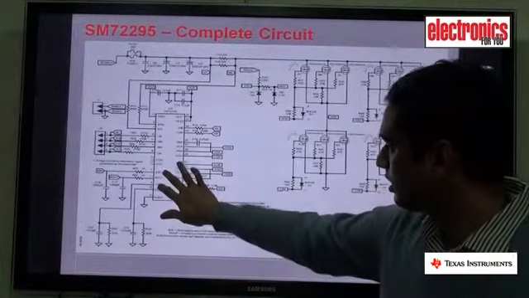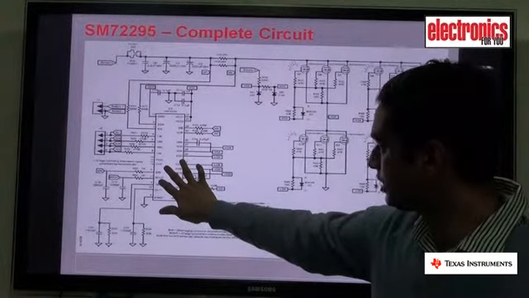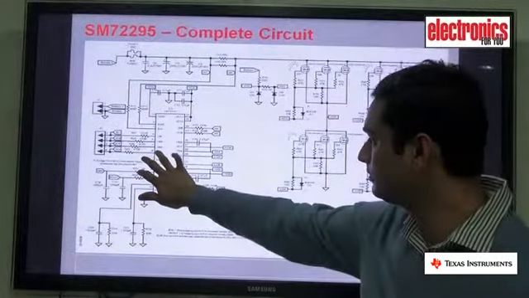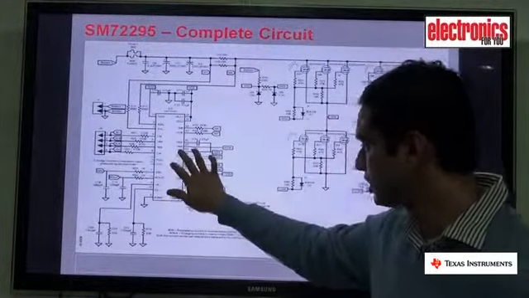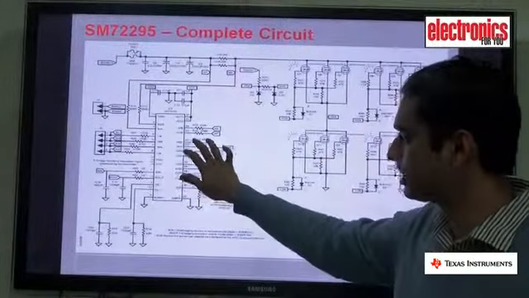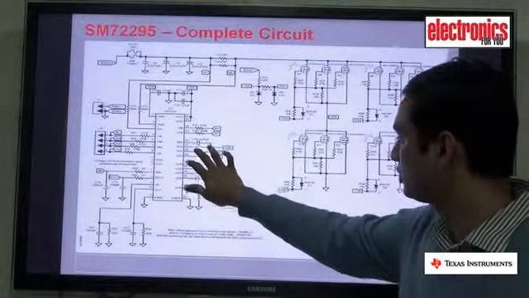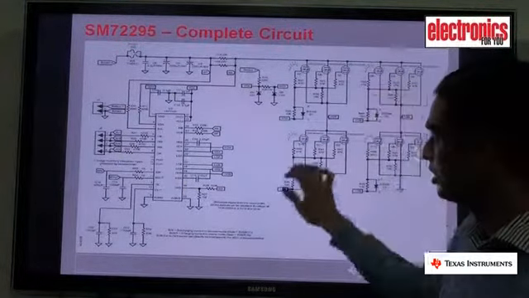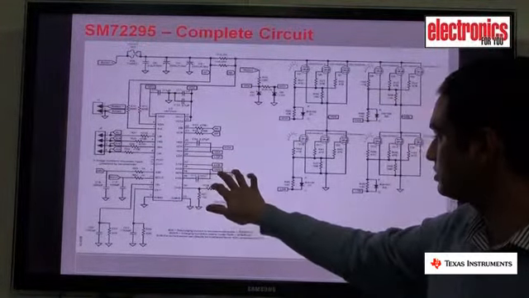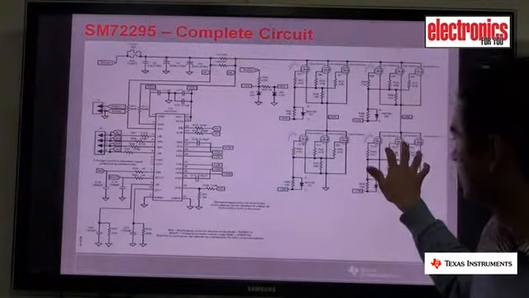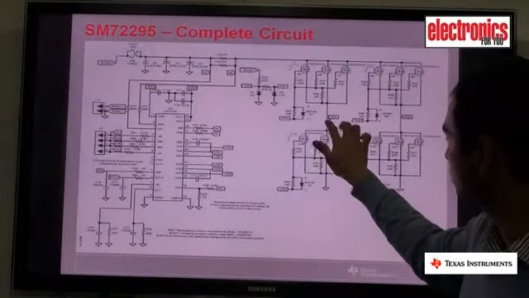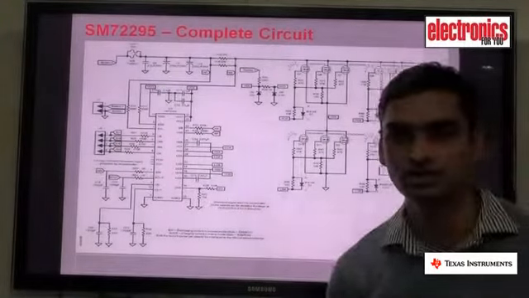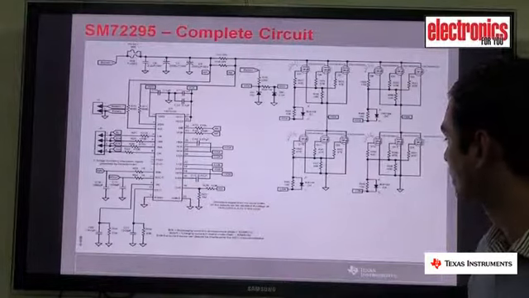Here you can see the MOSFET driver sitting over here. Your PWM inputs are coming from a microcontroller. It has internal bootstrap diodes, and the bootstrap capacitors are outside. So the high side drives are generated to drive these high side MOSFETs, and low side drivers drive these low side MOSFETs. Your load is connected in between the source of high side MOSFETs, which is generally a transformer in case of low frequency inverters.